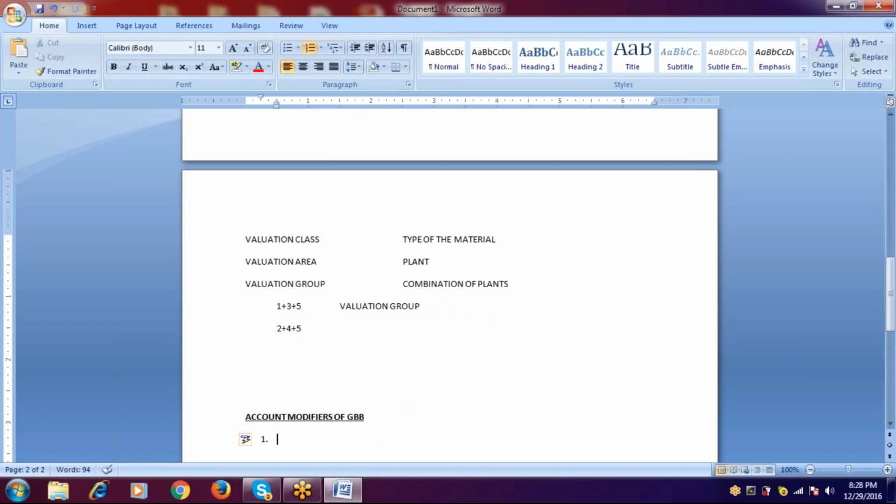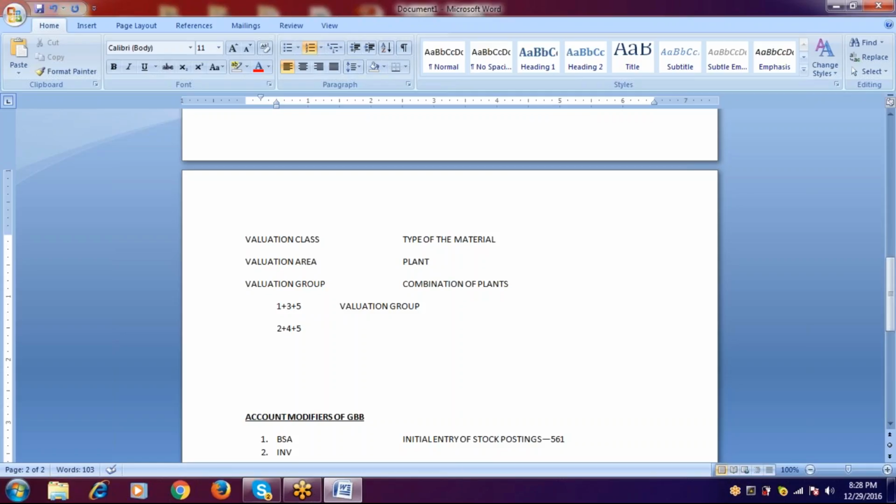BSA. BSA is the initial entry of stock balances, the initial entry of stock portfolios. It is for movement type 561. And the second one is